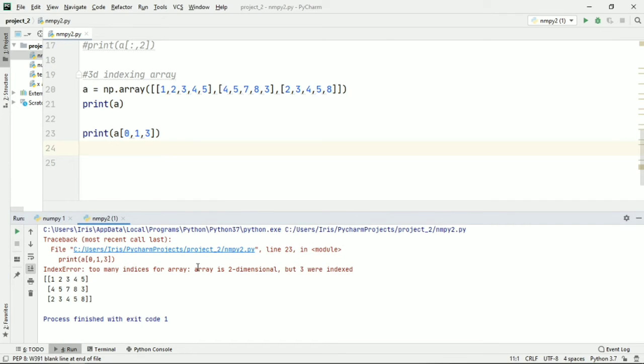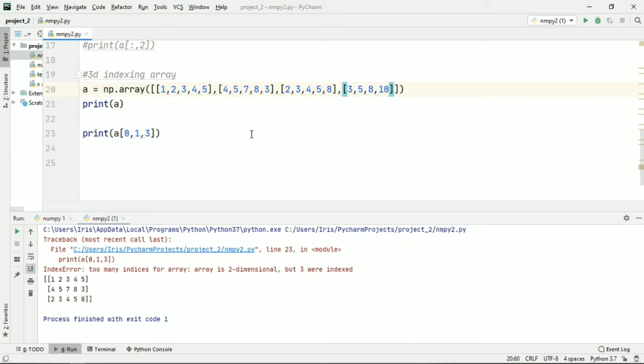Too many indices for a two-dimensional array, but three indices indexing again. Correct. So I have to give another array 3, 5, 8, 10. So I've given 1, 2, 3, 4 arrays, which gives me a three-dimensional array.